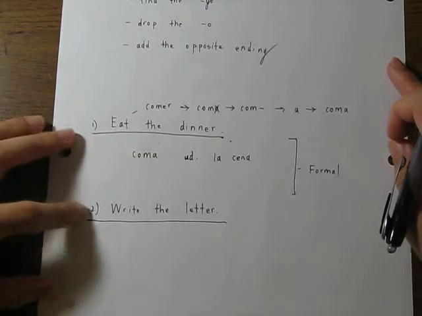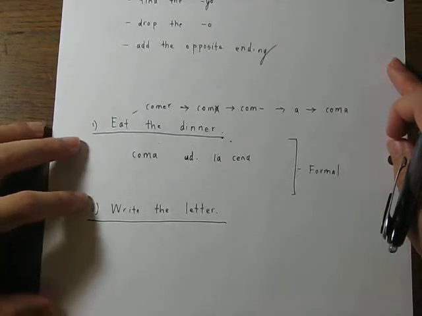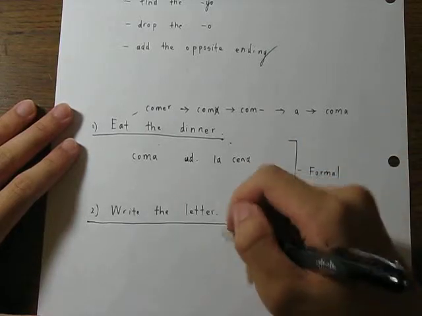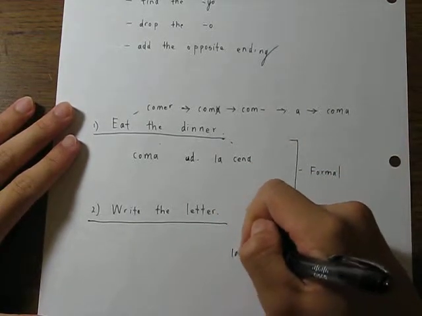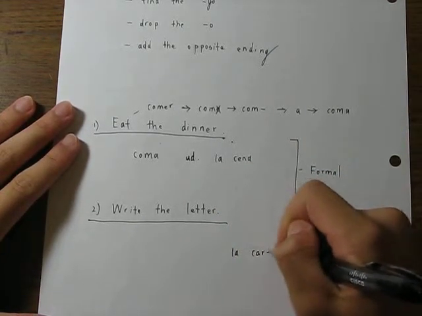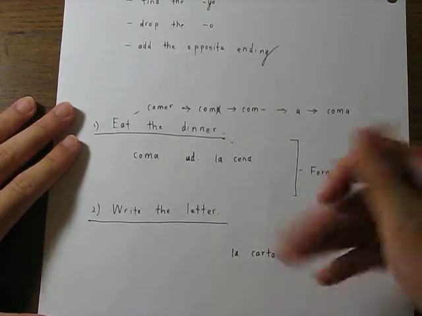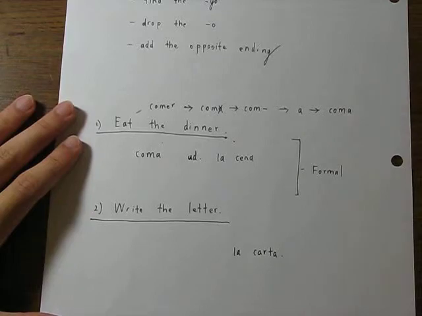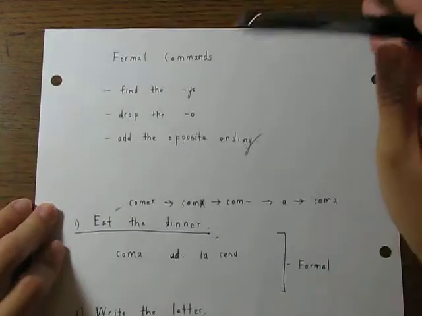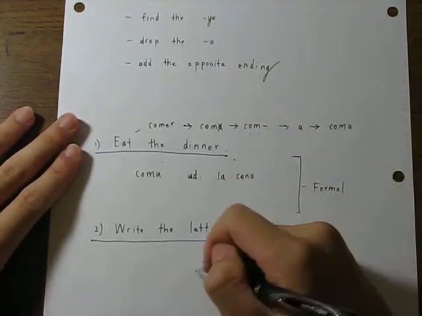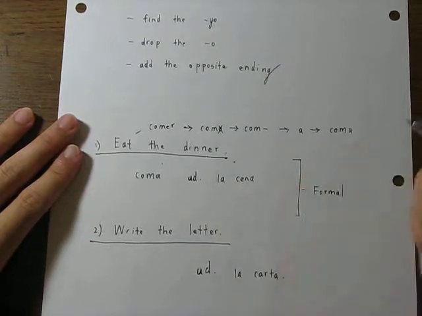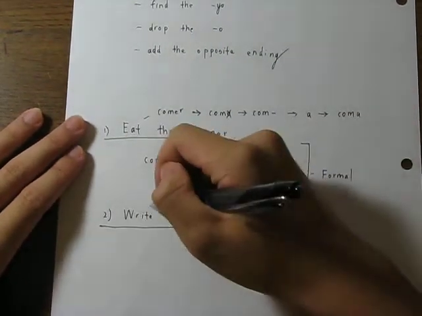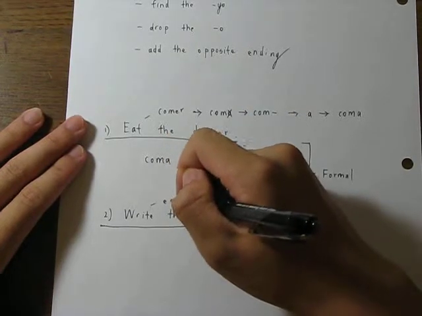Here we have write the letter, right? So same thing as we did above. So the letter, right, is la carta. You want to fill in all the knowns first because la carta will be la carta anywhere, right? There's no conjugation involved with nouns, so you want to fill that in first. And you know that this is formal commands, so you say usted, right, again. You say write. So what's write? You should know this from Spanish 1. It's escribir,